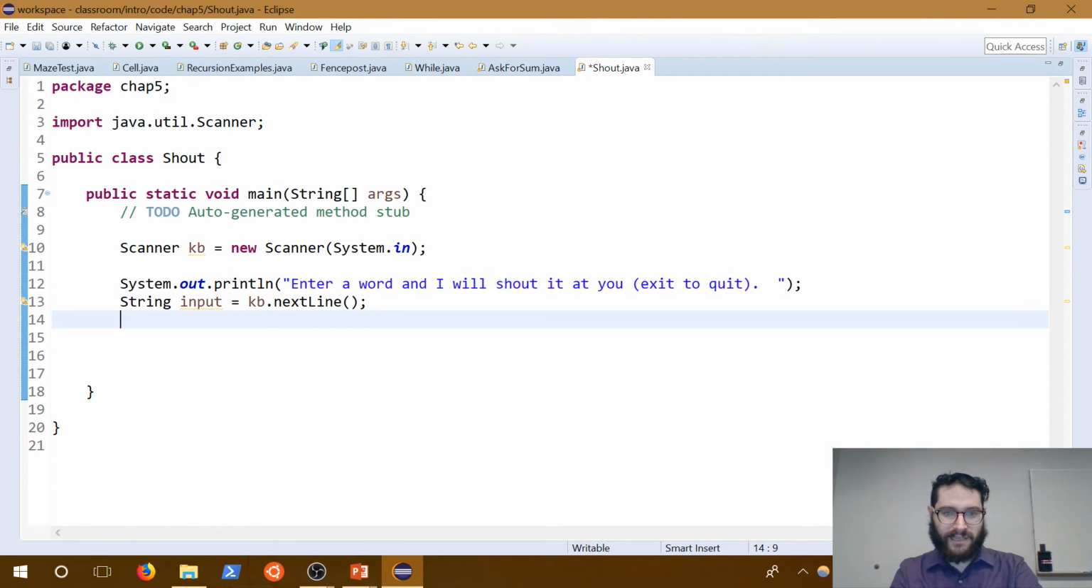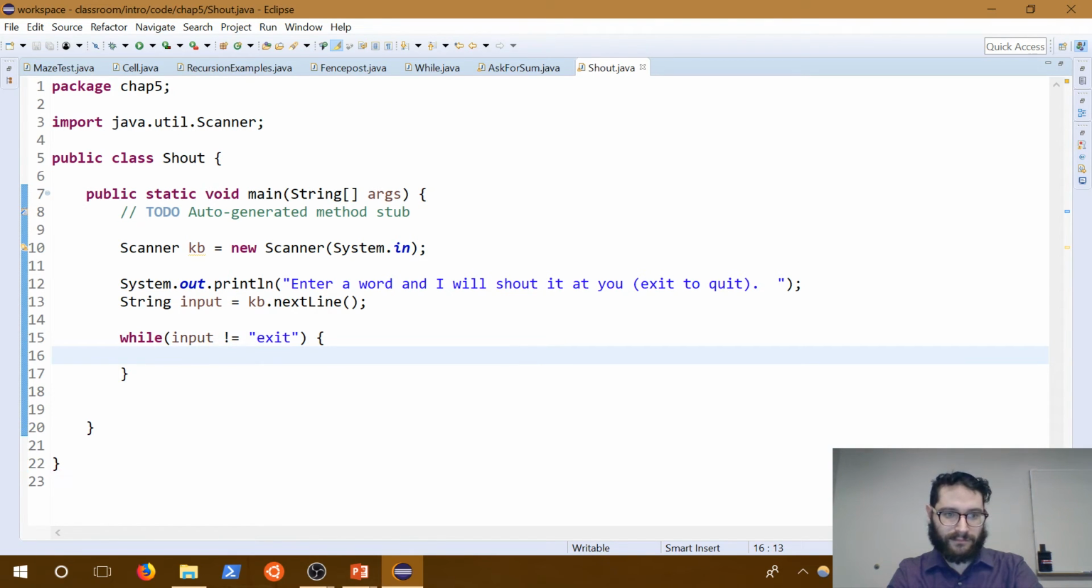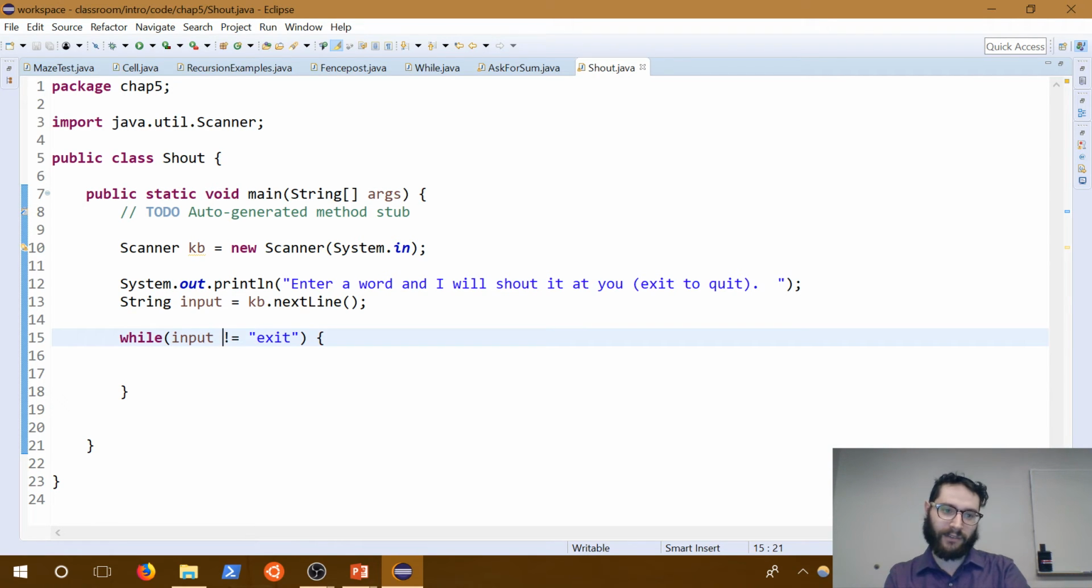Now your first instinct is like, okay, we want to quit if the input is exit. So you go, while input is not equal to exit. Now this might be your first instinct as to what to do, right? We'll go back to that later, but we'll go ahead and write that. So while the input is not equal to exit,